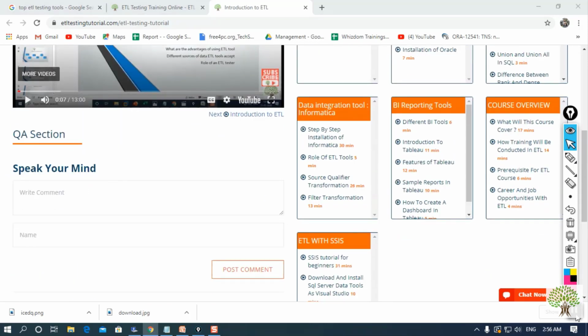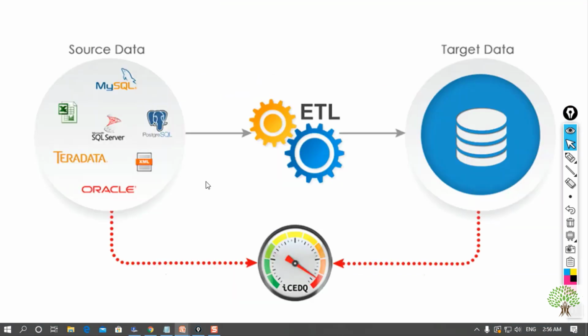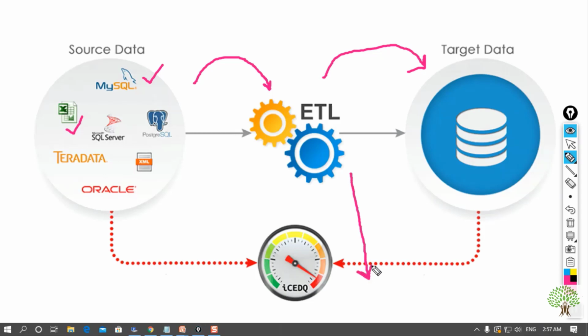Before we list out all the ETL tools, let us discuss what is the work of an ETL tool. Basically, we extract data from different sources, and those sources may come in different formats like file format, SQL database, PostgreSQL, Oracle database. Then we validate the data according to the requirement and the data is passed to the target data warehouse. This process is not performed manually. Basically we perform this with the help of an ETL tool.